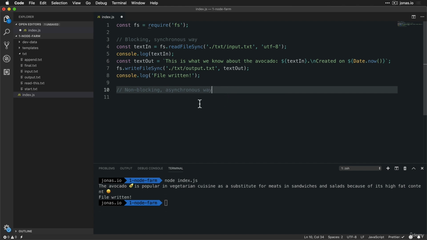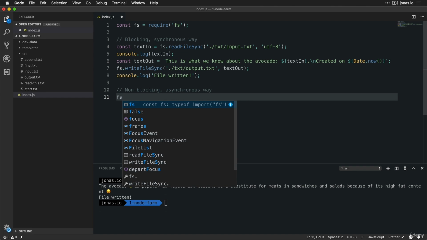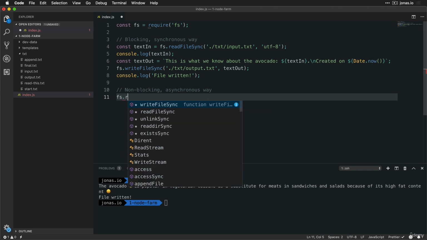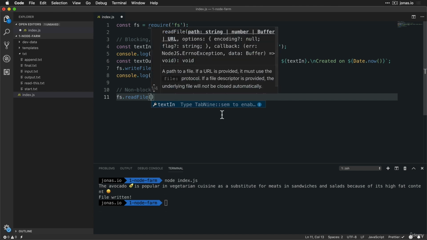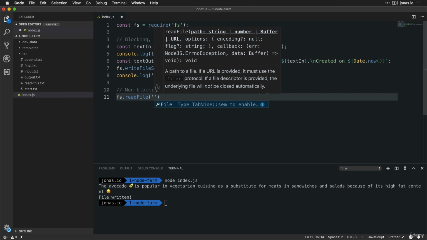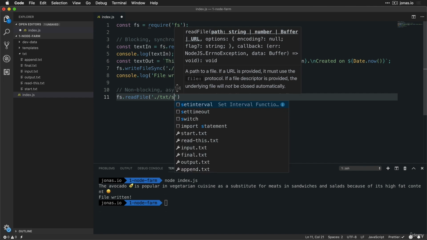So we're not going to do the same thing. We're just going to invent some other kind of crazy exercise here. So to read a file in an asynchronous way, it works like this. Again, we need the fs module and then readFile, but this time not readFileSync, of course. And again, we pass in the path to the file, and the file that I want right now is called